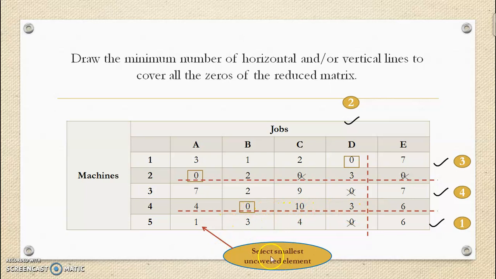We have to select the smallest uncovered element, then subtract it from all the uncovered elements and add it at the cell at the intersection of lines. So here we have to add one value at these two intersections and subtract from uncovered elements. Now we get the next table.